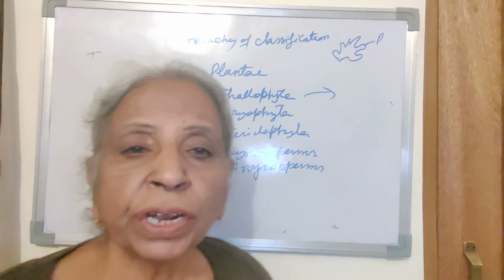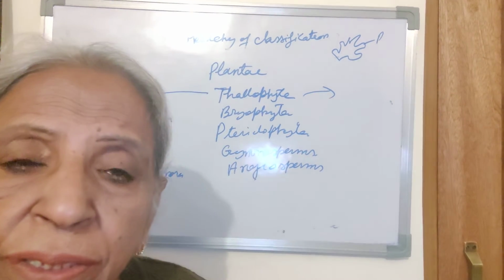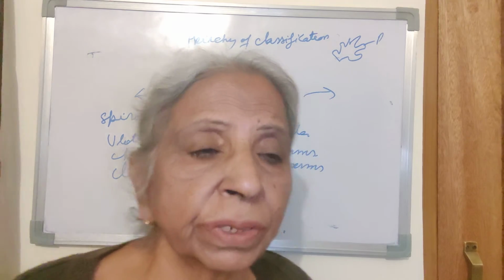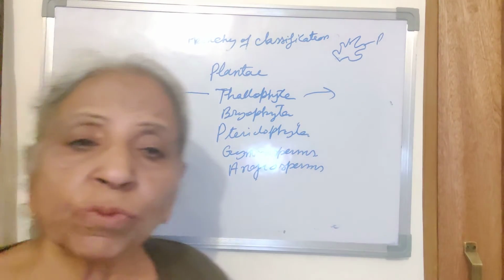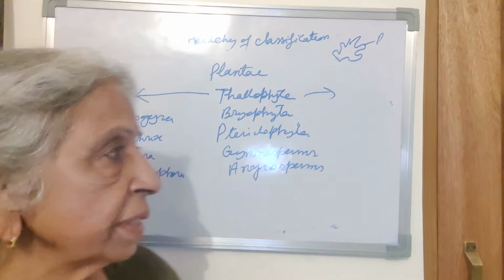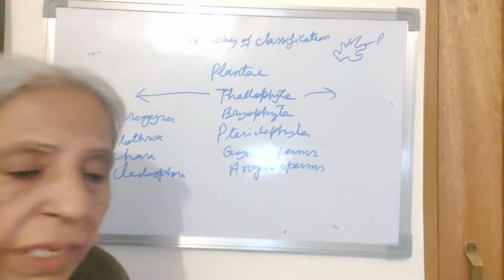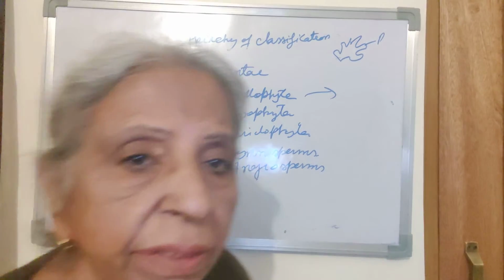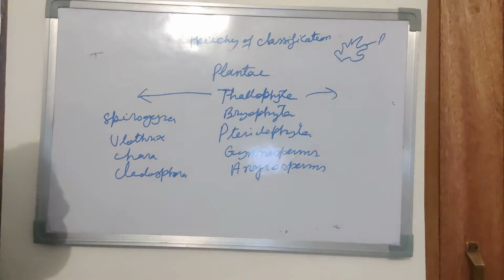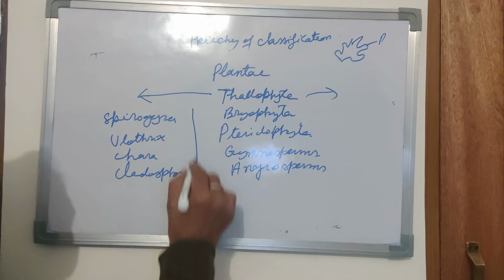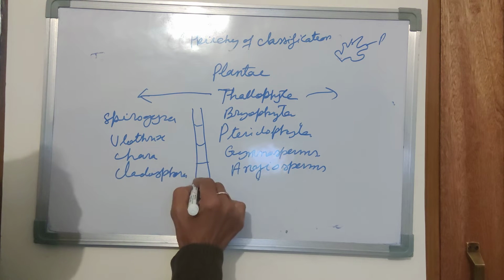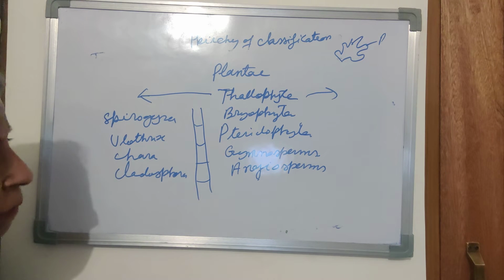So in Thallophyta, body is not differentiated into stem, root and leaves. No vascular tissue is present, no seeds are formed, and they absorb water from their general body surface. No doubt they are photosynthetic and multicellular. Complexity of tissue is not there. Thread-like structures are present as in case of Spirogyra. Many cells are placed one above the other in Ulothrix.